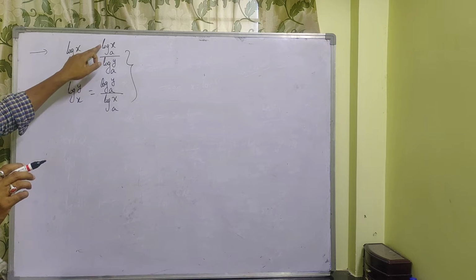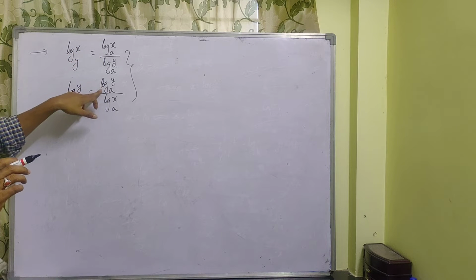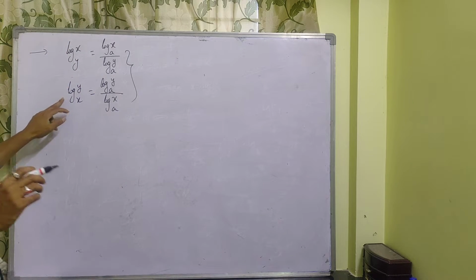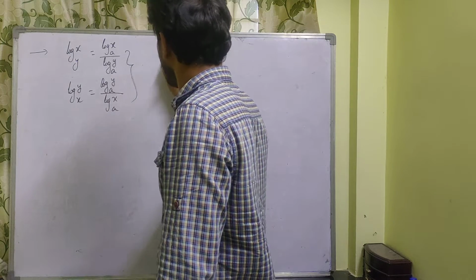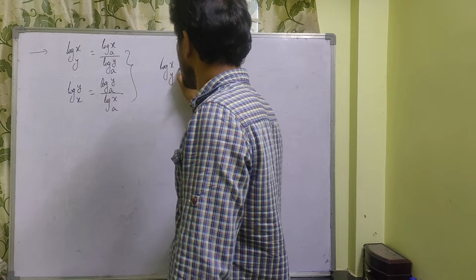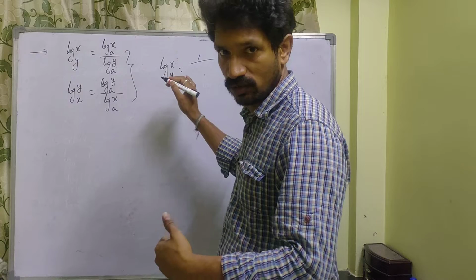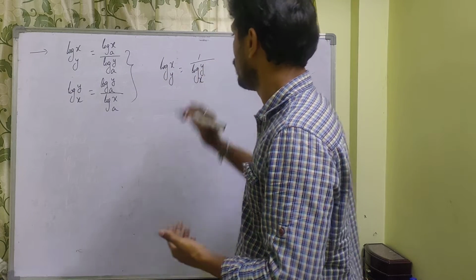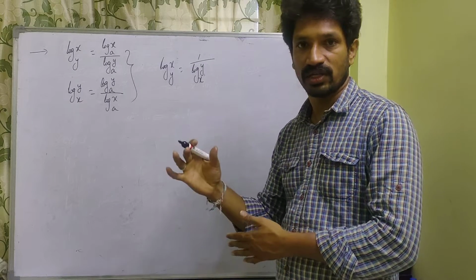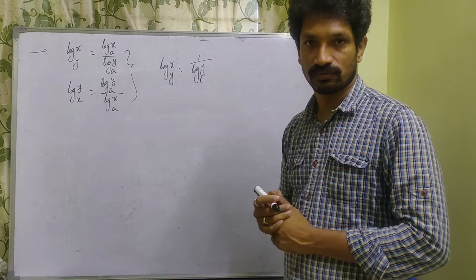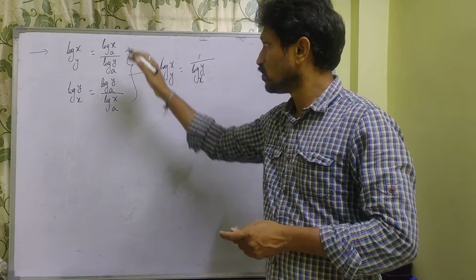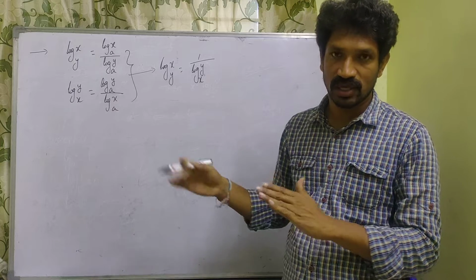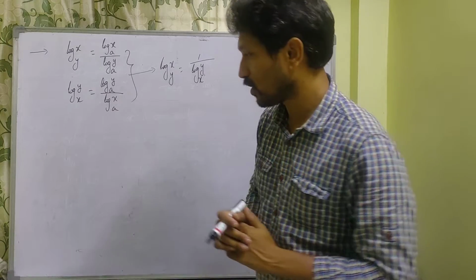So what is the numerator here? Denominator. What is the denominator here? Numerator. So totally what can you say? This one is reciprocal of this one. So that's why, one more conclusion: log x to the base y is equal to, if you want to write like this, 1 by log y to the base x. For our convenience, you can use this formula also. Clear? So these are the basic important formulas. So based on this, I give some problems for you.